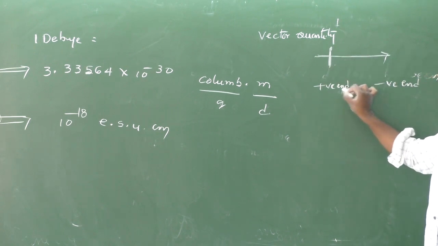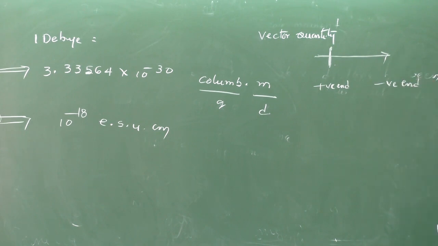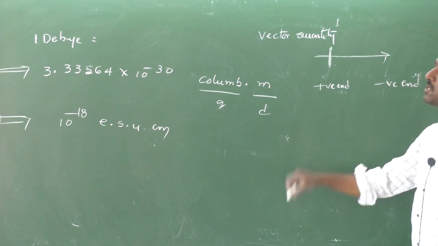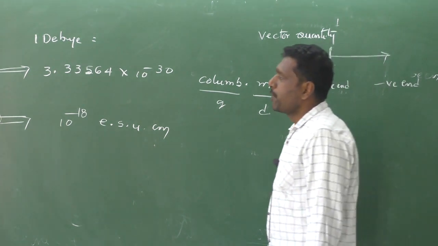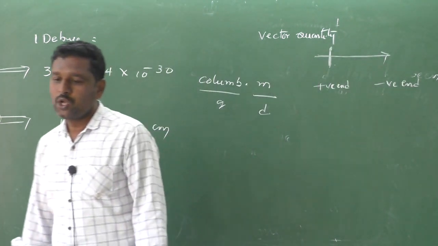So, from the positive end to the negative end, like this, we indicate it. So this is about the introduction of dipole moment. After that,